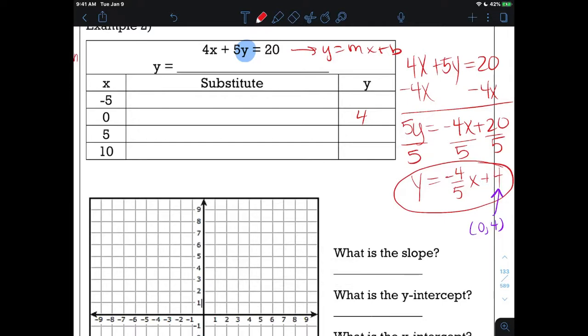So y equals -4/5 times -5 plus 4. Cancel my 5s, cancel my negatives. 4 plus 4, that's 8. All right. Let's do the same thing here. -4/5 times 5 plus 4. Cancel, cancel. 0. Okay. y equals -4/5 times 10 plus 4 equals, and over here